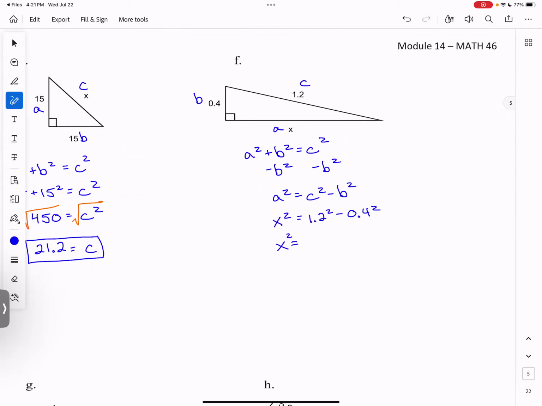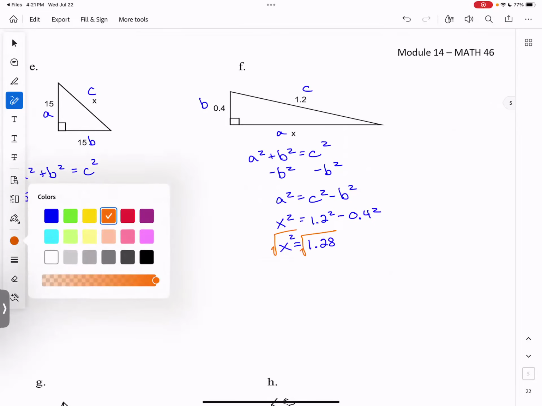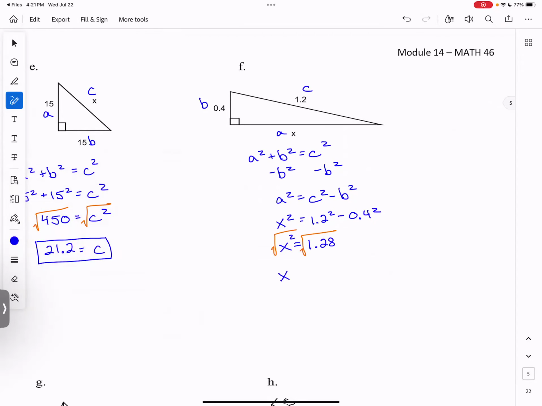which is 1.28. And so I'm going to square root both sides. And what do we get? 1.1. And another way to double check as you're doing these, check to make sure that makes